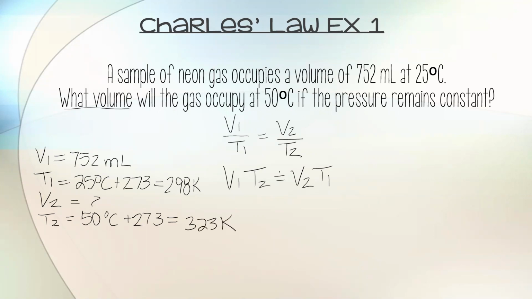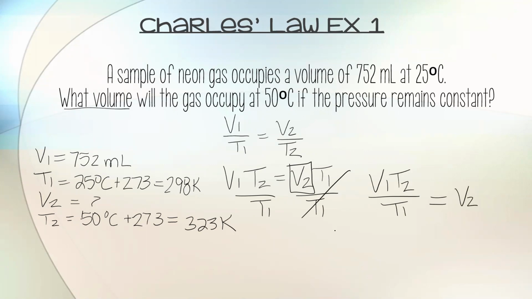Okay, so I'm solving for V2. I'm going to divide both sides by T1. So V1 T2 all over T1 equals V2. Now I can just plug in V1 times T2 in Kelvin all over T1 in Kelvin. My Kelvins cancel out. I'm left with milliliters. That's going to give me volume. So 752 times 323, all divided by 298, and I get 815.09